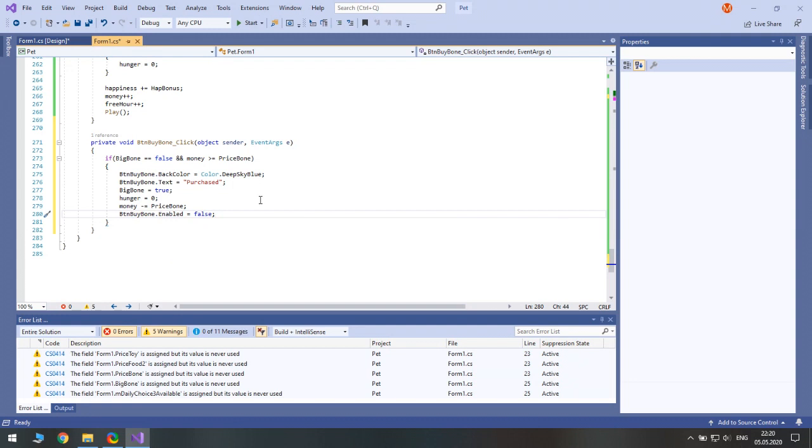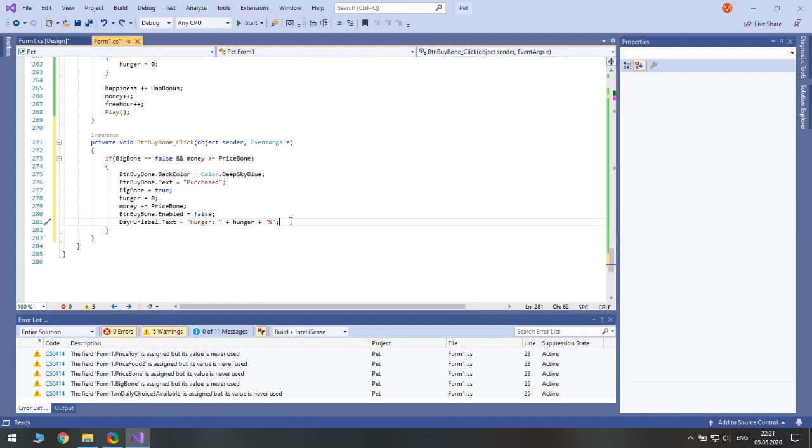Next, we also need to update our counters. So day hunger label text equals to hunger space plus hunger plus percent. So it will be 0. It's the same as typing in 0.